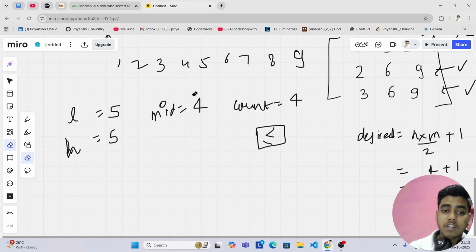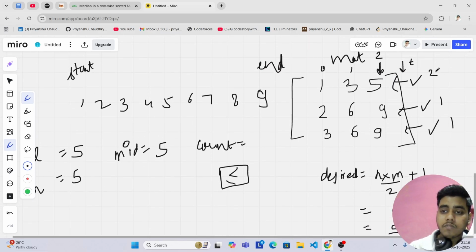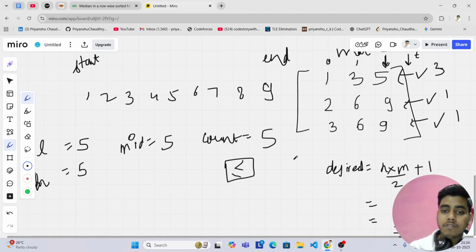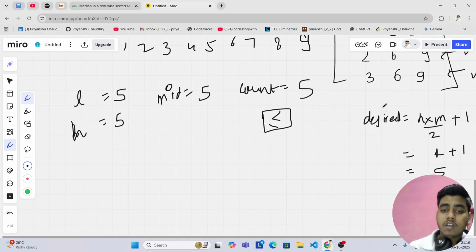Alright, and now again my mid will be counted and low will be counted. Again my mid will be 5 and count will be what? Count will be, this will be 3, this will be 1, 1, and this will be 5. Now my desired is coming equal to count, and in the else case, if desired is greater than or equal to count,